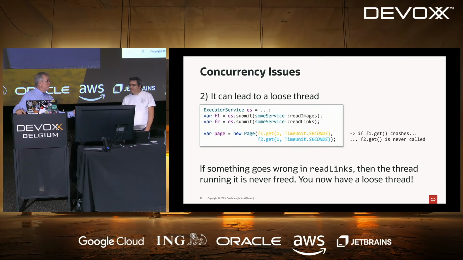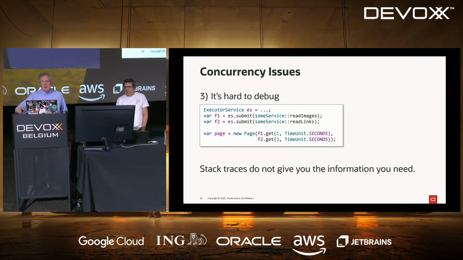But this thread could also be lost. And the main issue is that usually you reuse your executor service, so you may have lost this resource forever, or at least for the duration of the running of your web server. And this is annoying. So this thread could be lost because it's just blocked and it doesn't do anything. And in that case, it will just consume memory, but it will not consume CPU anymore. But it could also be lost in some kind of infinite loop and actually consume some CPU resource. So you're really in trouble if you do that.